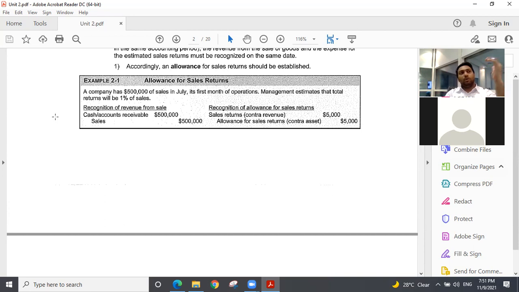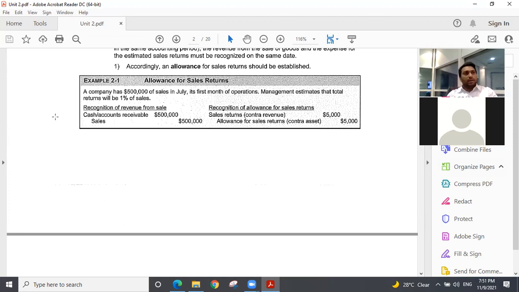That means when you record something with a negative sign in any account, we call it a contra account. So when you talk about contra asset, in the accounts receivable, AR, you will show minus allowance for sales return. Then you will take the net AR. In the same way, accumulated depreciation is a contra asset account. Even though it is a credit balance account, we call it a contra asset account.